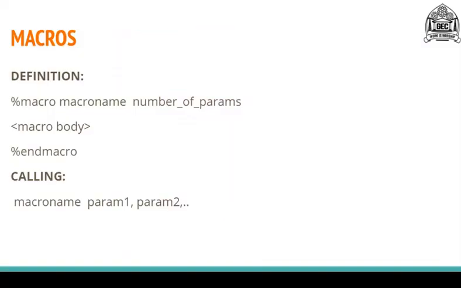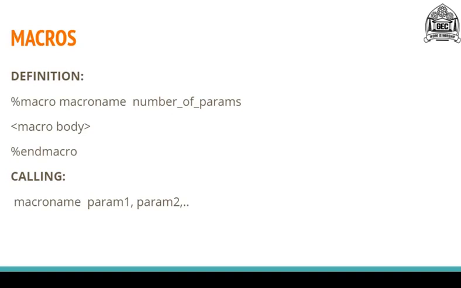Now students, macros is another feature which we use to reduce the size of the code and to increase the reusability. So it works just like your procedure. So this is another method in which you can achieve reusability in your code. To implement macros in your assembly language programming, again you will have to keep two things in mind. First one is the definition, how you are going to define the macro in your program, and secondly how you are going to call the macro in your program.